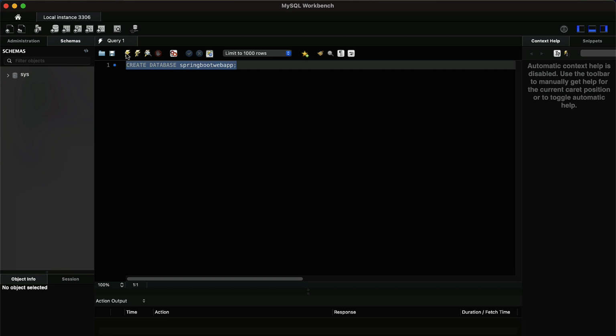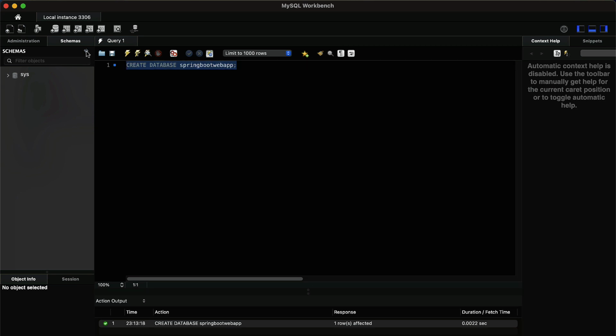Select the statement and click this icon to execute the statement. Let's refresh this. You can see the database has been created. We will not create the tables. Instead, we are going to configure inside our Spring Boot application to create the tables for us.